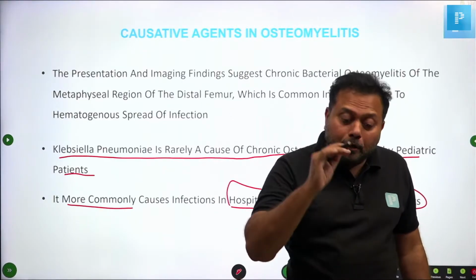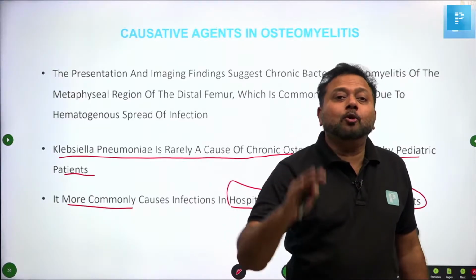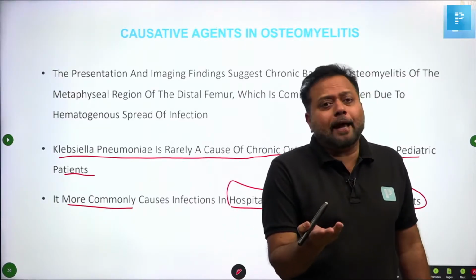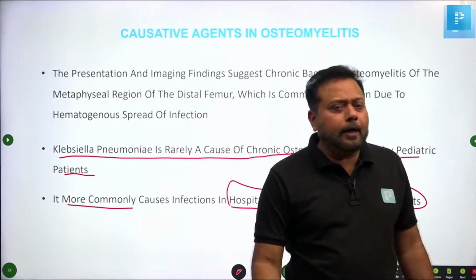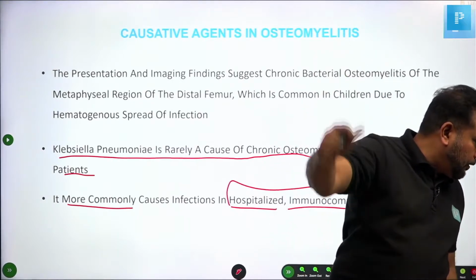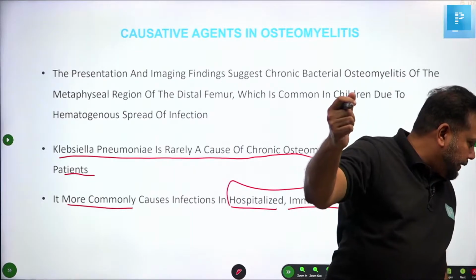So those who have been hospitalized in a bed for a very long time and are immunocompromised, for example, uncontrolled diabetes mellitus, or a known case of some malignancy. This pneumonia is very common. Okay, superb and marvelous. And it's common in alcoholics, and